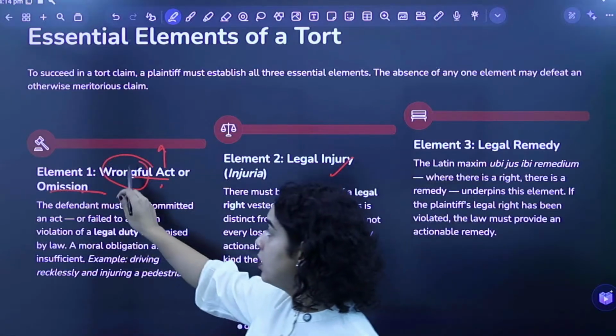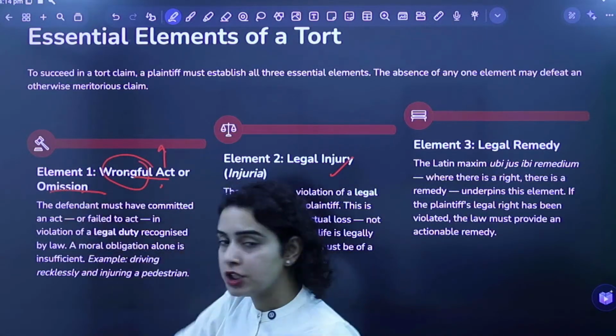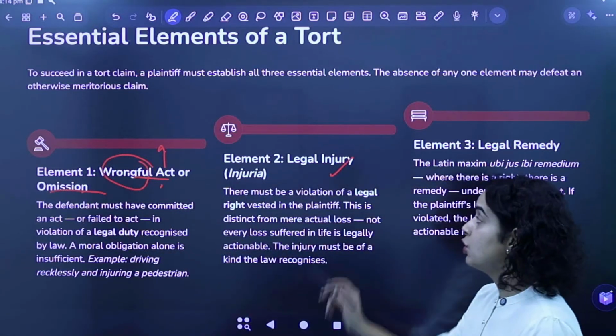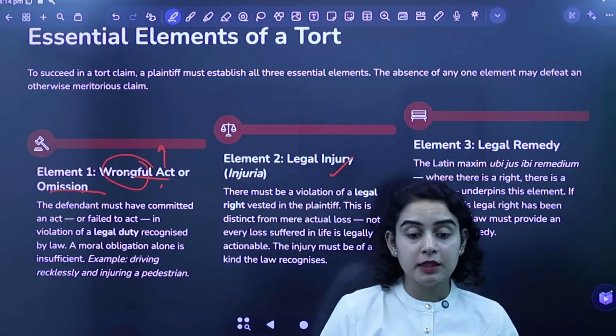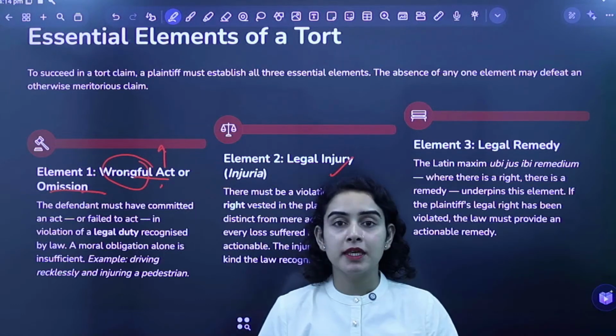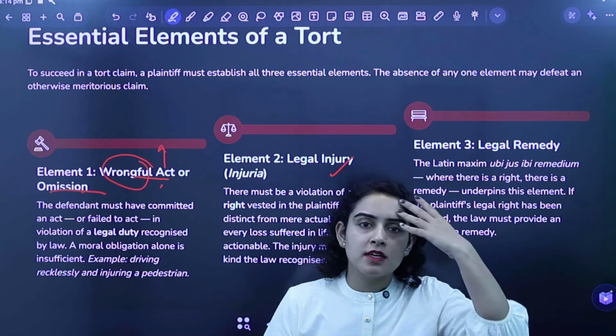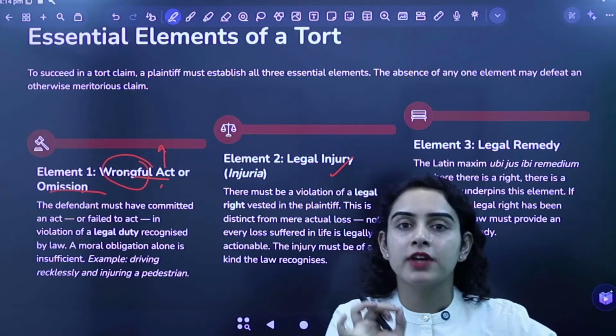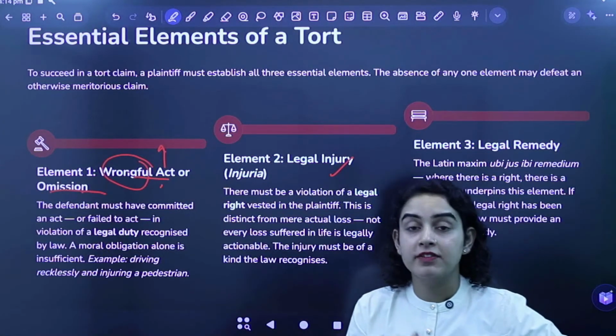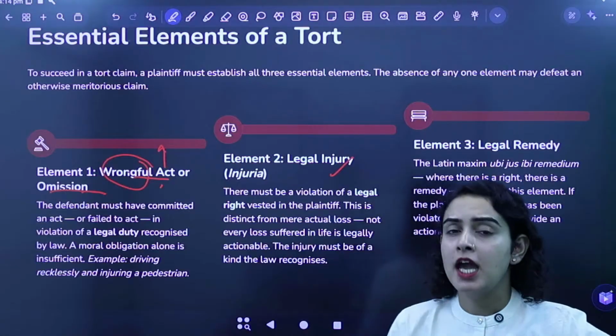अब आपने जो भी wrongful act किया है या wrongful omission किया है, उसकी वजह से देयर शुड बी एनी लीगल इंजरी दैट शुड हैपन. लीगल इंजरी का मतलब क्या है? लीगल इंजरी का मतलब यहाँ पे ये नहीं है कि आपको चोट लग जाए, आपका सर फट जाए, आपका खून निकल जाए, जी नहीं. लीगल इंजरी मीन्स आपका कोई राइट, एनी लीगल राइट दैट यू हैव दैट हैज बीन वायलेटेड. Okay, it can be anything.